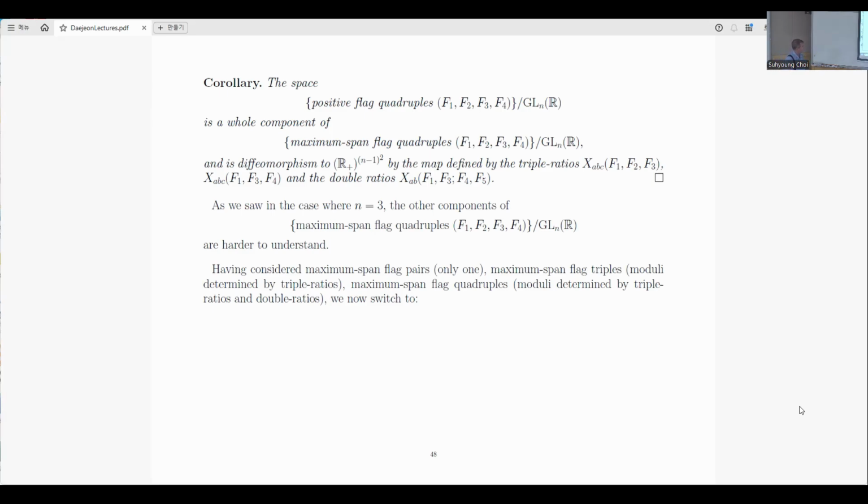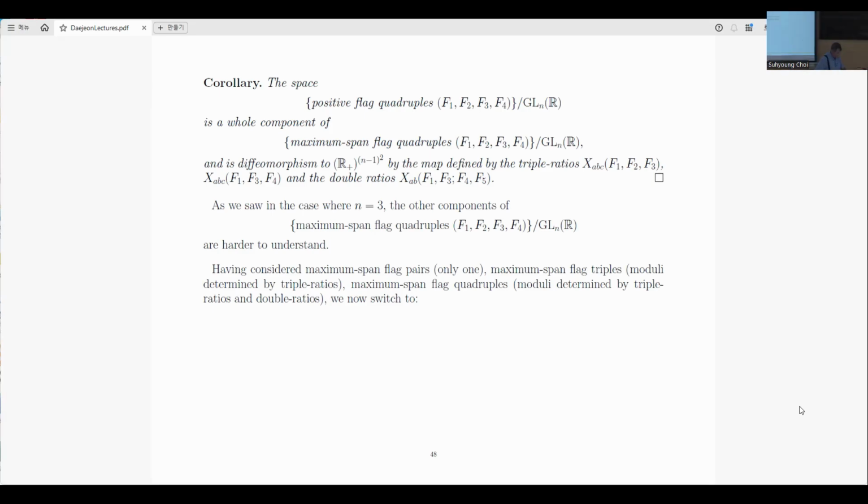And so, let me summarize what we've seen so far. First, we started by considering flag pairs, transverse, but that's equivalent to maximum span. That was very easy. There was only one up to the action of GLN. Flag triples, there was a whole moduli space determined by triple ratios. And then flag quadruples, well, there was a moduli space determined by these triple ratios and double ratios. Okay, so now we keep going, and